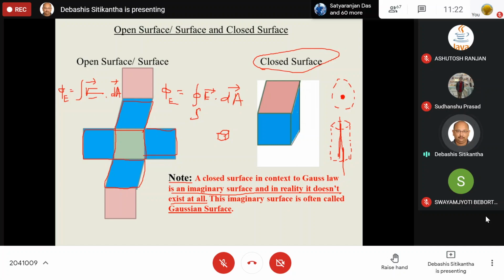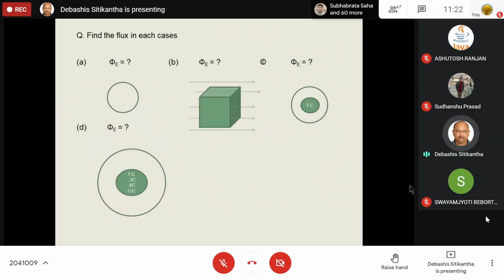So in this way, we have already got the idea about the Gaussian surface. Remember that these Gaussian surfaces are completely imaginary. We are just imagining. Very good. You people have understood it nicely. Thank you for that. Now let us see how we are going to use the concept of Gauss law, this closed surface or the Gaussian surface, in order to find the electric field. Let us see how we are going to do that.